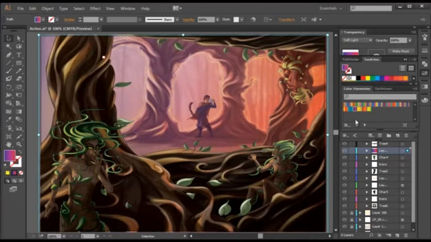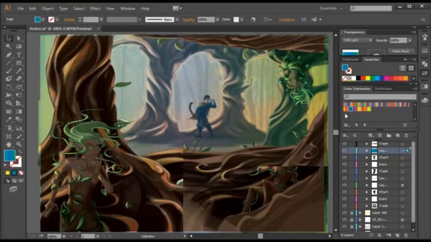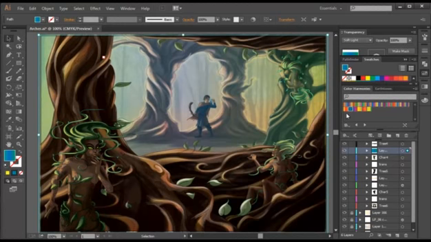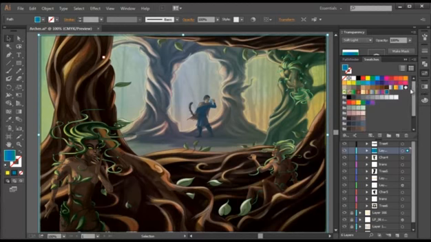The blending mode on the gradient is set at soft light with the opacity set at 60%. I go through the set of gradients until I find one I like. I choose a blue and green one to help make the green elements in the illustration stand out more, and then lower the opacity